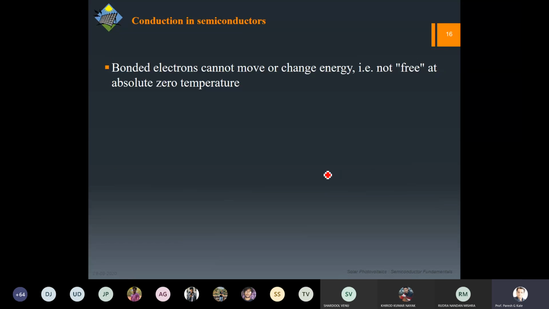So this is conduction in a simple sense. So whenever